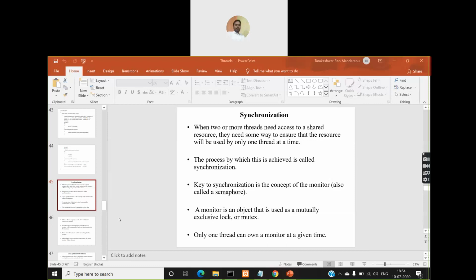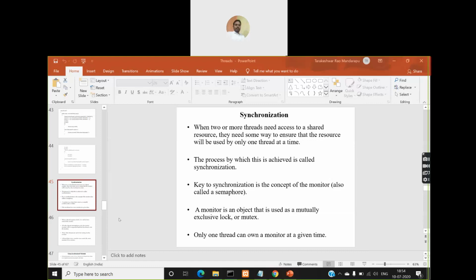There will be some issues, and the synchronization issue will be raised in any programming language which supports multi-threading. But we have some ways to solve that synchronization problem and see that our program works normally. Because of the synchronization problem, sometimes the programs will be switching, the multi-threading will be implemented, but the programs will be executed in an inconsistent manner. So what is that inconsistency and what are the problems that we are going to face? First, we'll discuss that and then we'll see with an example program how to solve it.